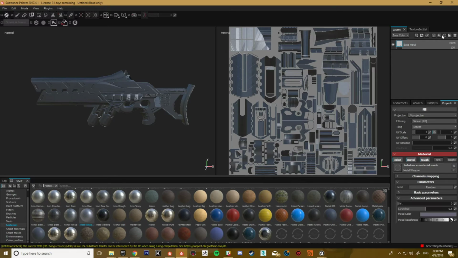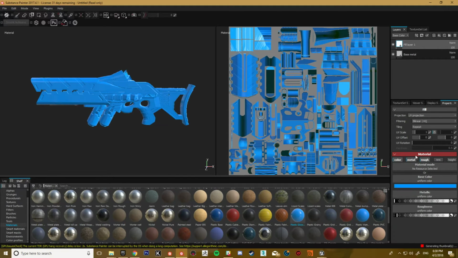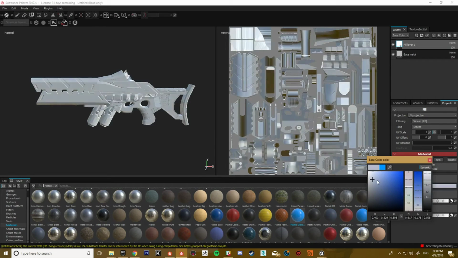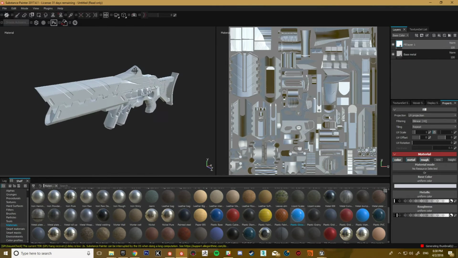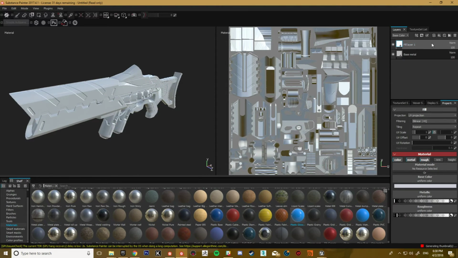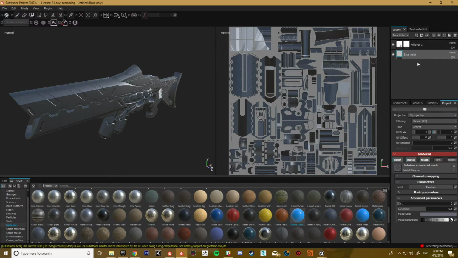So on top of this, because less of the material will be plastic, we can grab a plastic, make it white, and add a black mask to that now. Again, this is what I mean by saying the base was white: you don't want to add a mask to your base material, because that's always going to be below everything, no matter what.